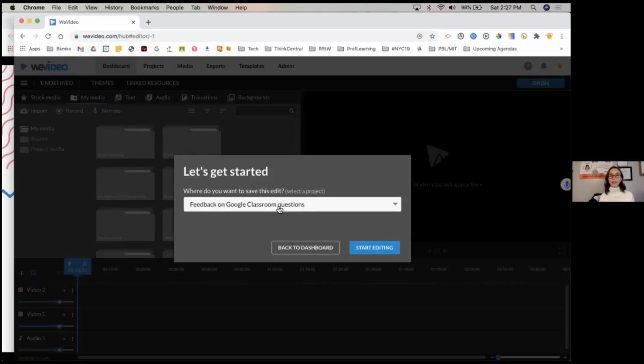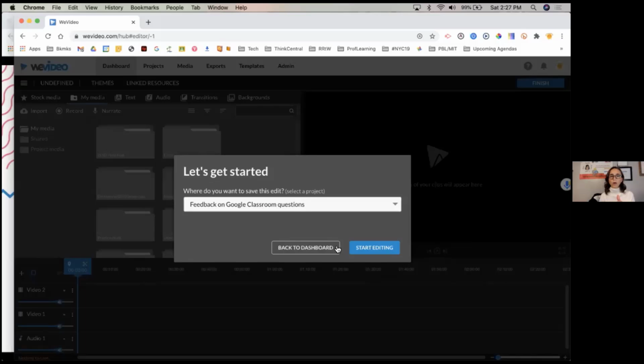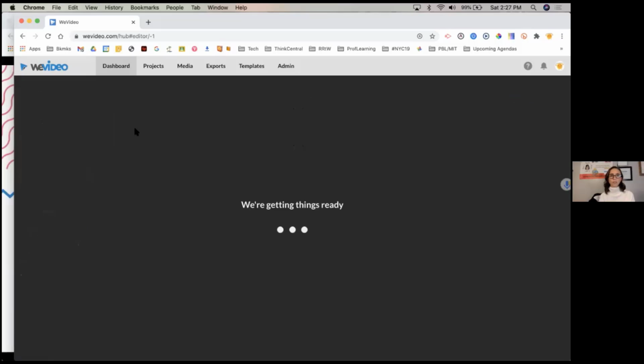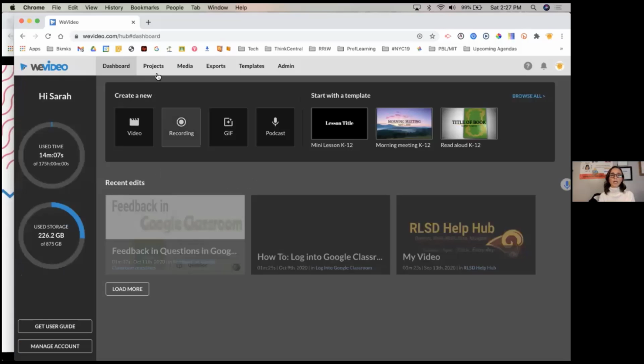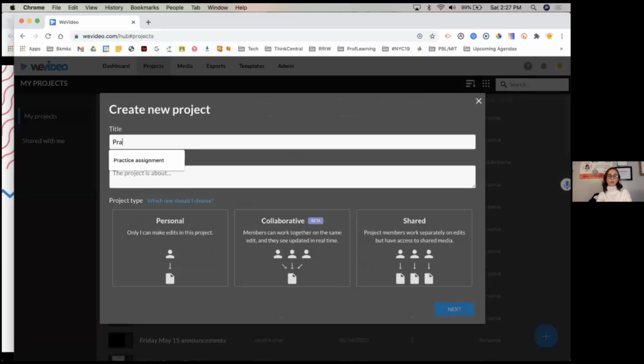Okay, since I had several projects already in the works, I can either pick one of the projects I was already working on, or decide where I want to save this edit. I want to go back to the dashboard and just create a whole new project, shall we? So I went to my projects tab and I'm going to click on the plus sign. I'm going to create a new project and call it my practice,